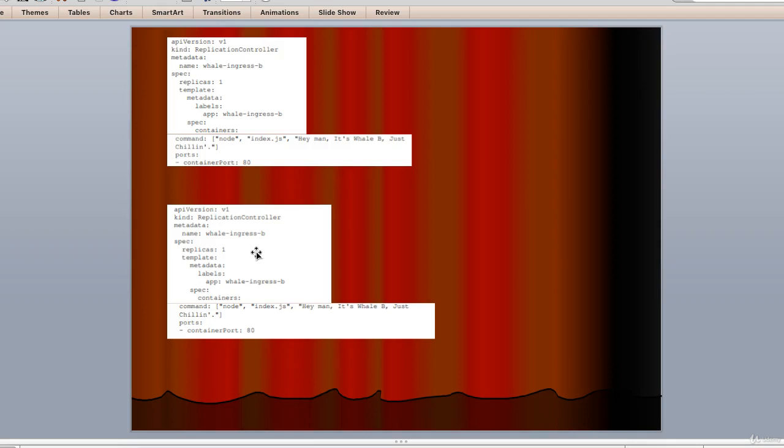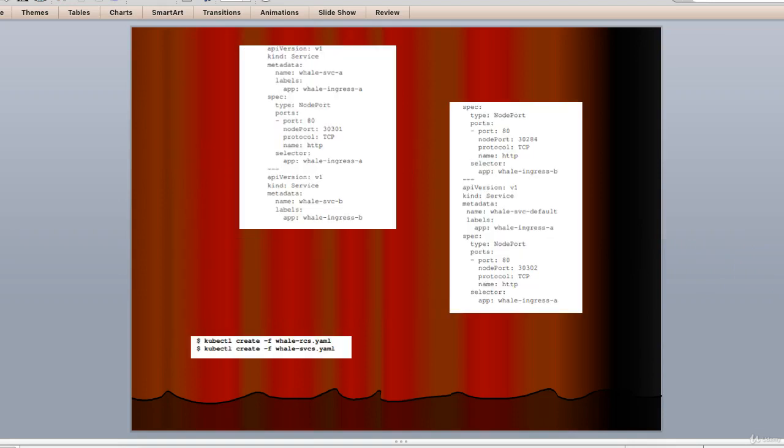As you can see on the screen, we have created the services. So we have endpoints for each of these RCs. Let me quickly move to the next one. Now again, create these with the kubectl create -f command as follows. We should see messages about the RCs and services being successfully created.